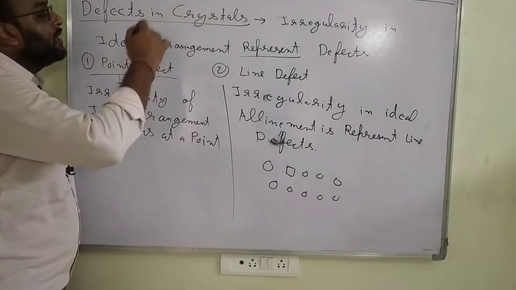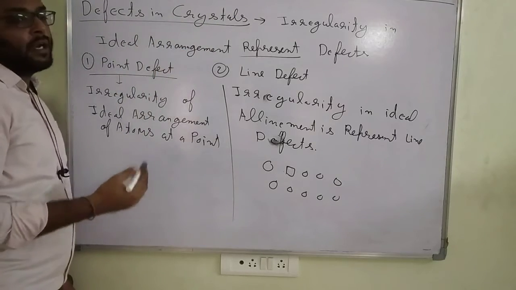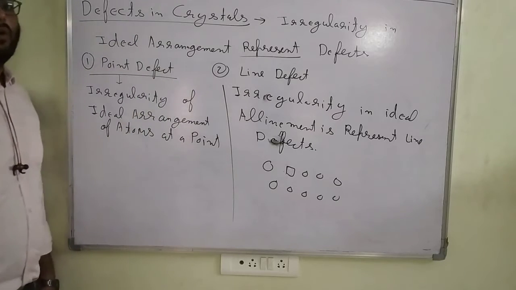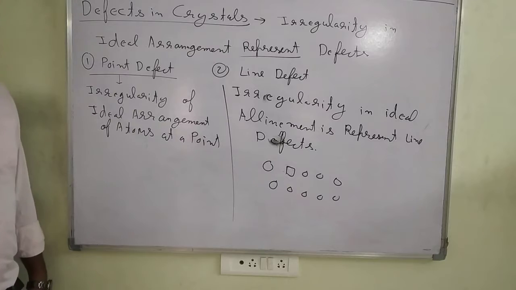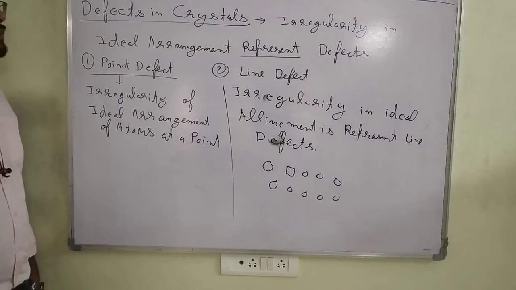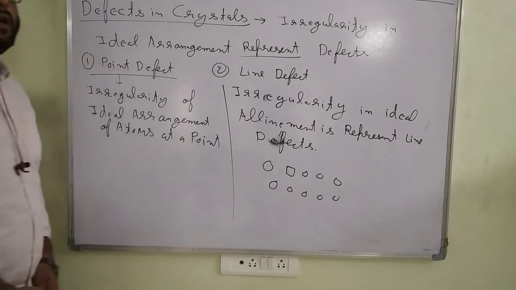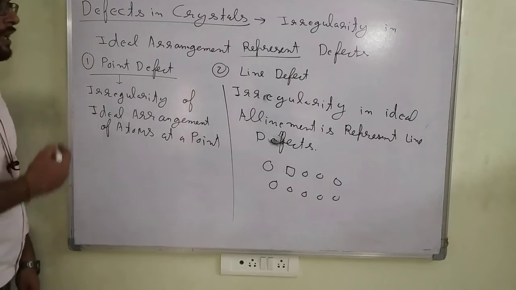Okay, so irregularity in the ideal arrangement of a crystal, that is, a crystalline solid, represents a defect. And there are two types of defects: the point defect and the line defect. What is the point defect? Irregularity in the ideal arrangement